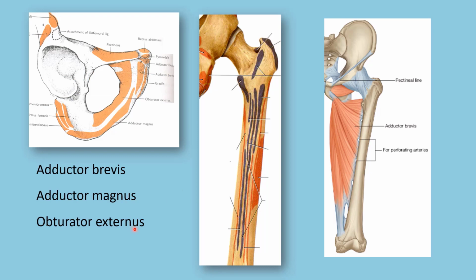Obturator externus is actually occluding this foramen. This is known as the obturator foramen. It is covered by a membrane, and the outer surface of the membrane gives origin to the obturator externus muscle. It is also taking origin from the borders here. So this muscle is here, obturator externus. The fibers of obturator externus are twisted and going laterally towards the femur. This is the trochanteric fossa. This is the insertion of obturator externus.